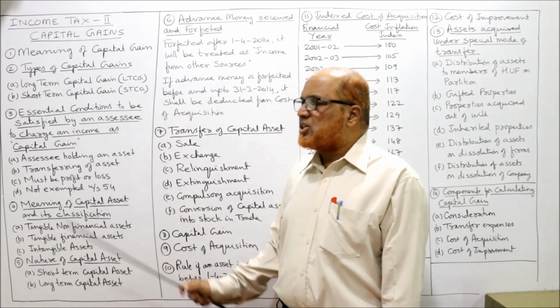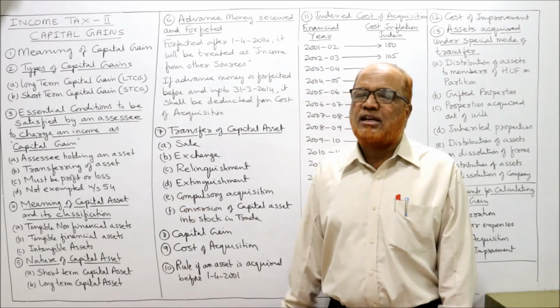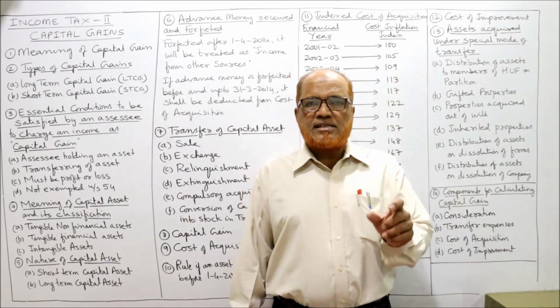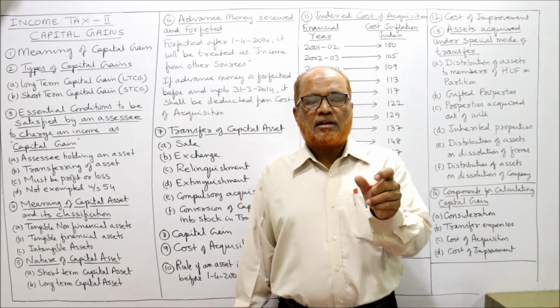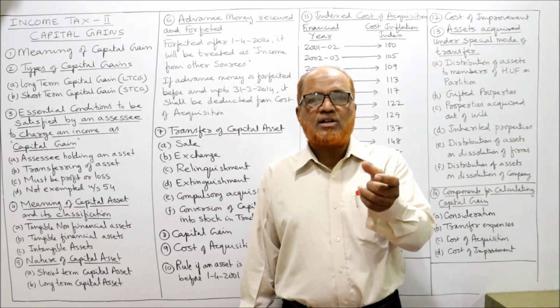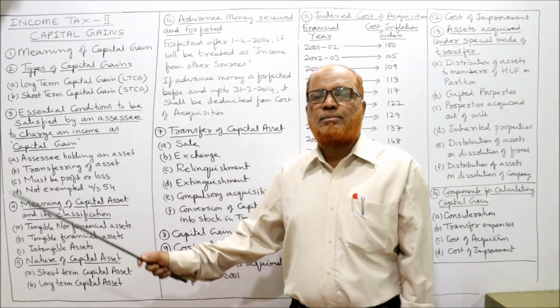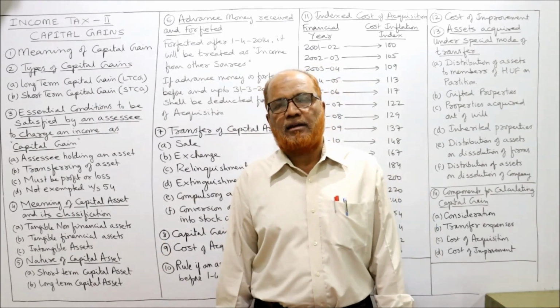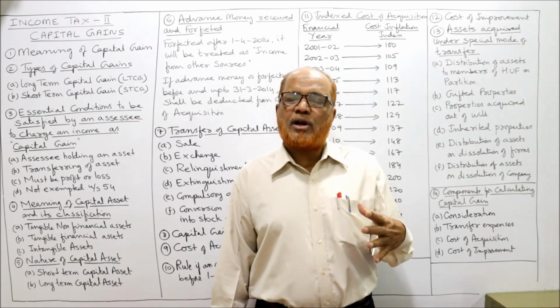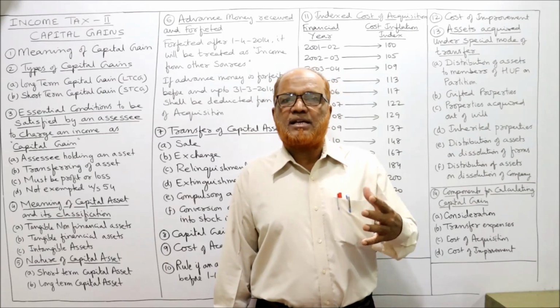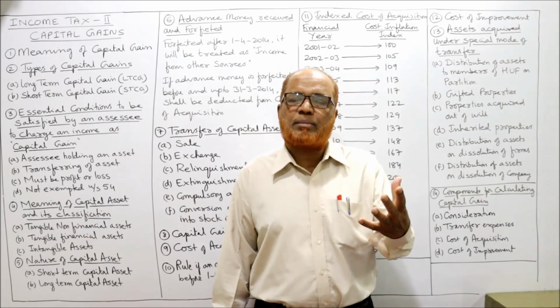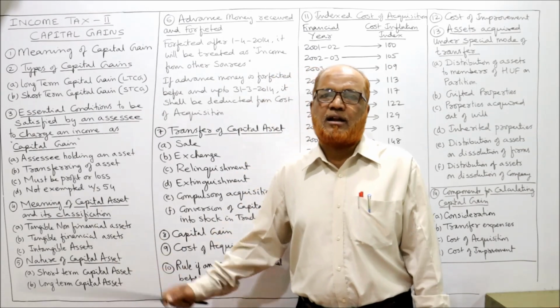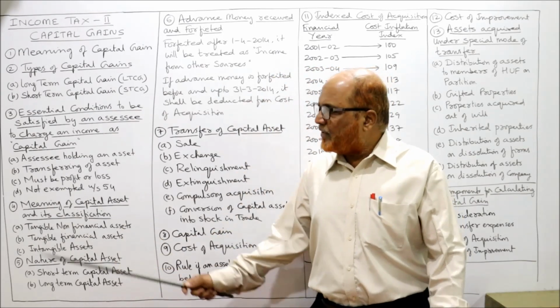Essential conditions to be satisfied by the assessee to charge an income as capital gain. An assessee has to decide what conditions must be satisfied so that his income is chargeable under income from capital gain. The Income Tax Act has given elaborate provisions on what is a capital asset, and when the gain arising from a capital asset is chargeable to tax under income from capital gain. The first condition: